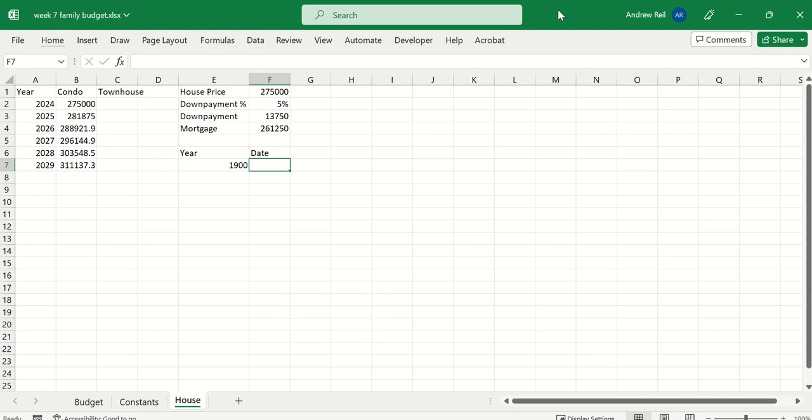So the first date we're buying this is 1 space JAN for January, space 2024, enter. And it's converted into a date format, and I like this date format. It works for me, DD hyphen MMM hyphen YY, so that works. So that's the date, and then I'm going to have the payment,